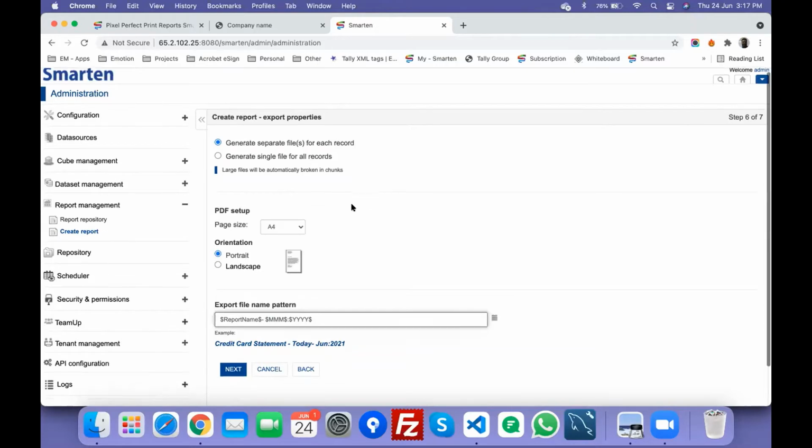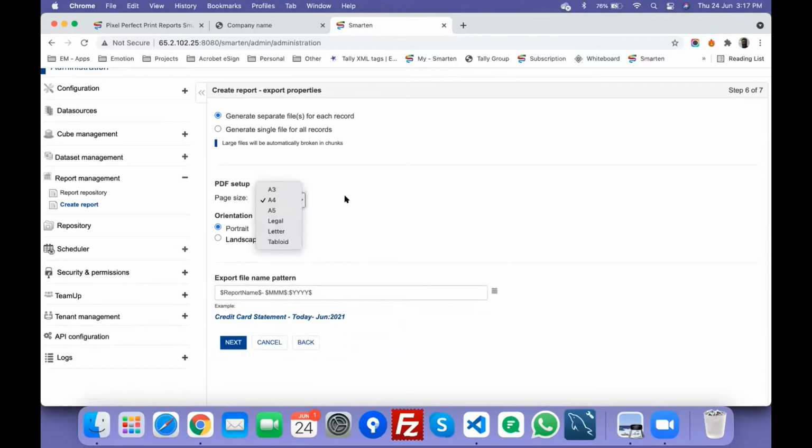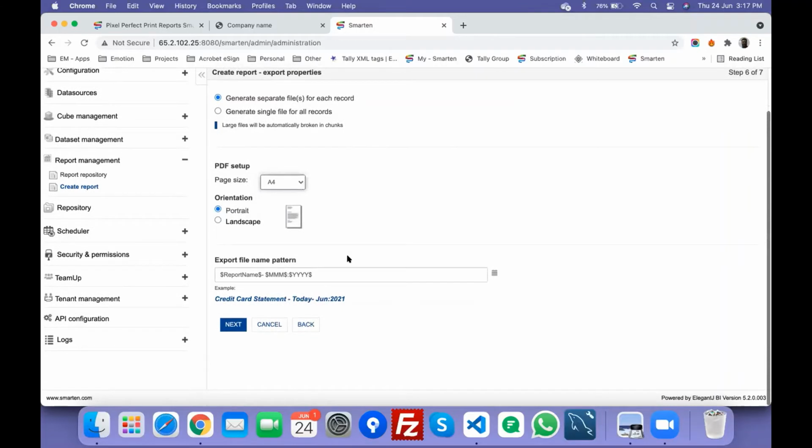You can define the PDF properties like page size and orientation and stuff. Most importantly, you can also assign the export file naming convention. So say you want a credit card statement like customer name dash month slash year. You can configure those properties and you can see the preview as well. So all these flexibilities are available.